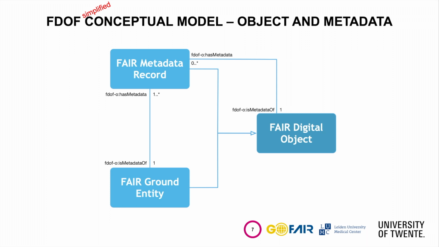We use this approach to avoid the infinite recursion: a metadata record, as a proper FDO, should have its own metadata record, which should have its own metadata record, and so forth. Using this, we can say that regular FDOs must be described by a metadata record, but a given metadata record may not have its own metadata.